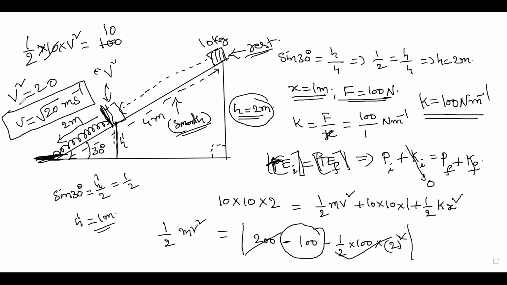Sir, will you explain it again? Yes, please understand this. So initially it is having the potential energy. Please talk to me wherever you don't understand. Initially it is having potential energy only, right? Did you understand this height, how I calculated? Yes, sir. That is fine. And now the potential energy is 2 into 10 into 10, right? mgh. That is the initial potential energy. Initial kinetic energy, it doesn't have any kind of kinetic energy, zero, fine, because it is starting from rest.